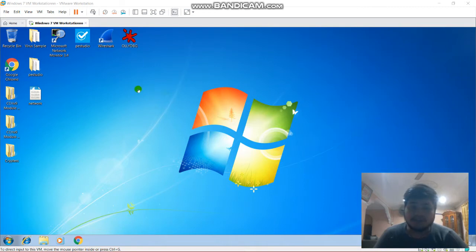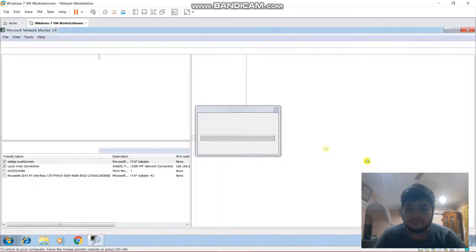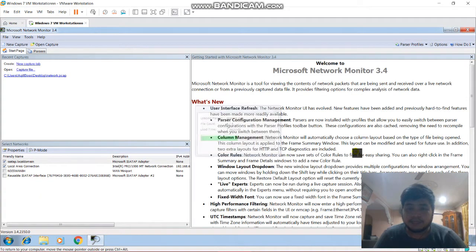So firstly, we need to download and install Microsoft Network Monitor version 3.4. I already downloaded and installed it, so let's open it. Okay, this is the interface of Microsoft Network Monitor version 3.4.